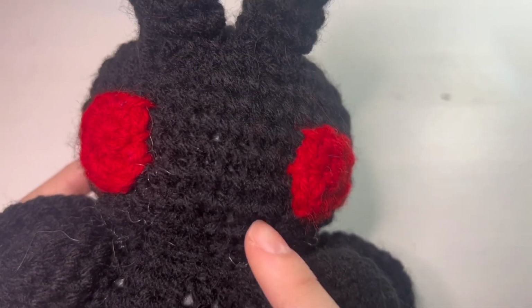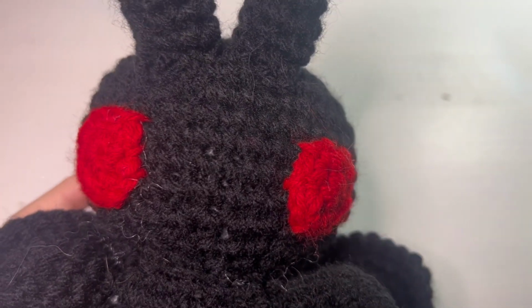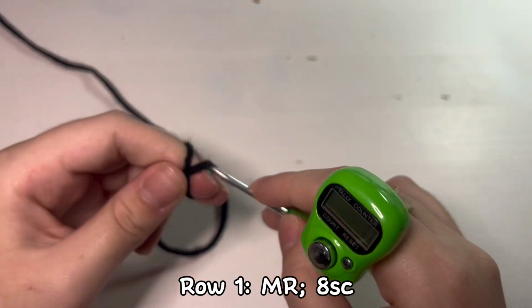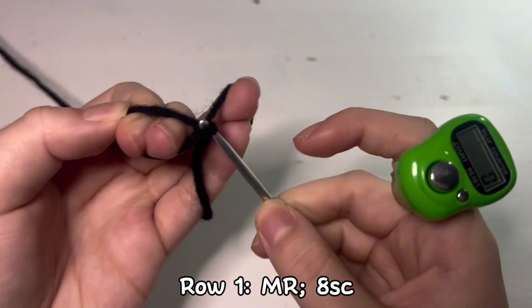Now we are going to make the head of the Mothman plushie, and then also sew on the eyes. Using your black yarn, you are going to make a magic ring, and then put 8 single crochet inside of